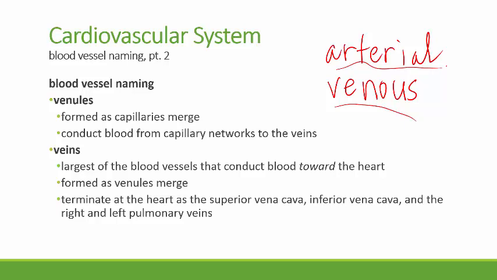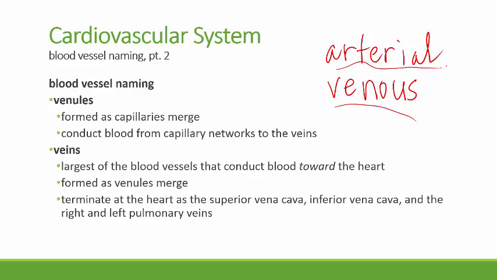So venules conduct blood away from the capillary networks, and they merge and merge, forming larger and larger venules until eventually they become large enough, and the construction of the blood vessel wall is what we would refer to as a vein. And the smallest veins are formed by the merging of the largest venules, and then these small veins will merge into larger veins and larger veins until eventually they terminate at the heart as the superior vena cava,